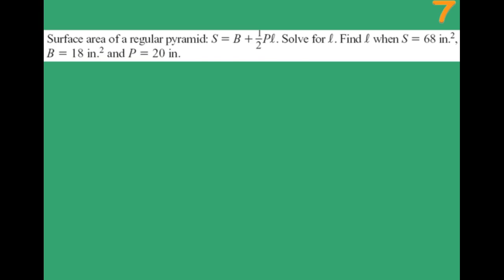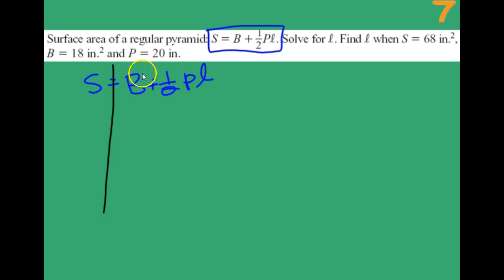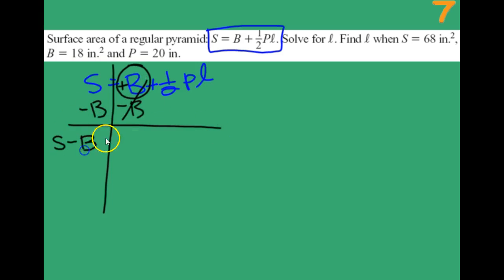Alright, one or two more. Oh, just one more. The surface area of a regular pyramid is S equals B plus 1/2 PL. Solve for L. So S equals B plus 1/2 PL. Just like when we solve equations, get rid of addition and subtraction first. This is just added on at the beginning here. So I'm going to subtract B. So I have S minus B equals 1/2 PL. And these are all touching, so this is multiplied. To get rid of this fraction, to undo a fraction, we multiply by the reciprocal, 2 over 1 times 2